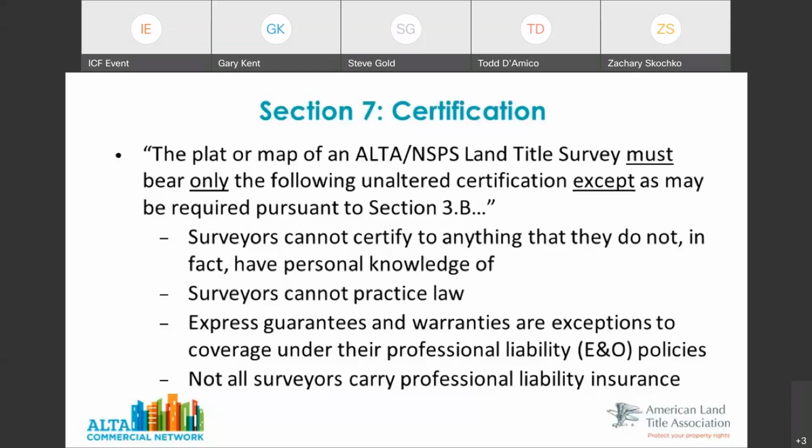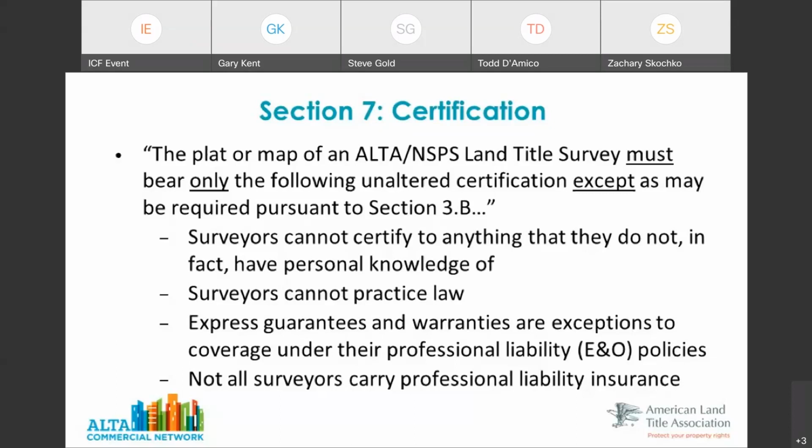So Gary worked tirelessly for many years educating in that regard. And the way this is crafted, it really points to all of the Table A items and includes the body of the standards. So this certification is actually more stringent than something anyone else could write and ask us to put on there according to the standards. Yeah, and what people need to understand is that when I use this certification, I am stating that I completed the survey pursuant to all of those requirements that we were looking at.